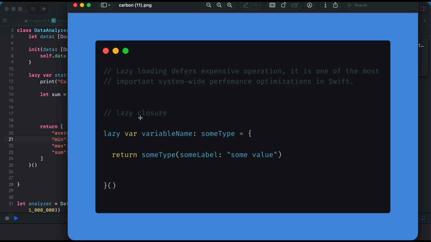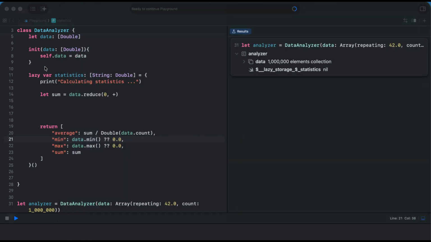And so this is a lazy closure. We have a closure expression here, and then we're returning the type, and then we're passing some label and then the value here. So let's go back to Xcode. Now in Xcode, we have this class DataAnalyzer, and then we have this property here, data, which is an array